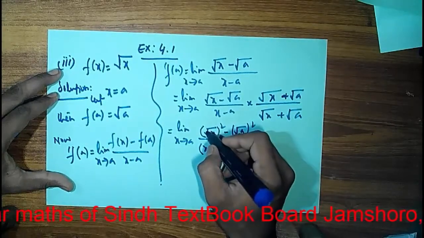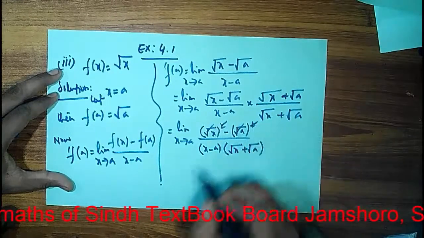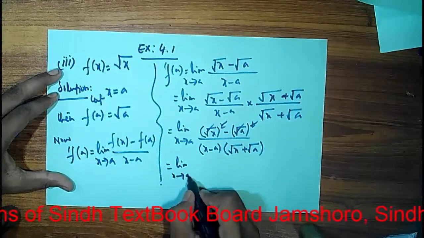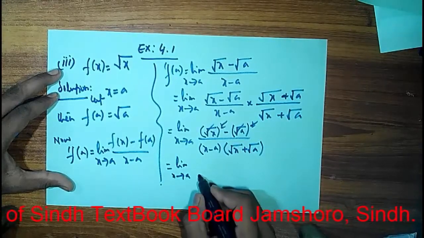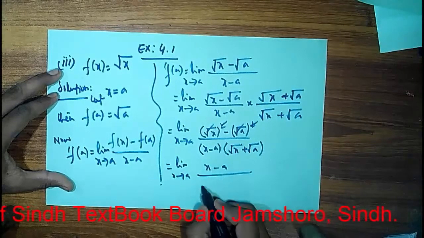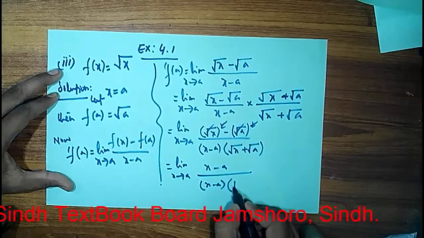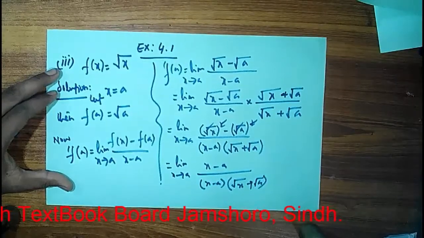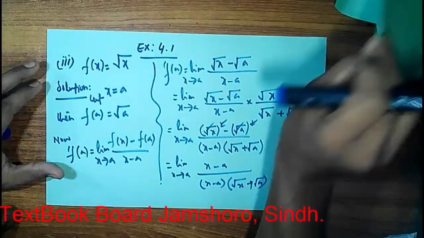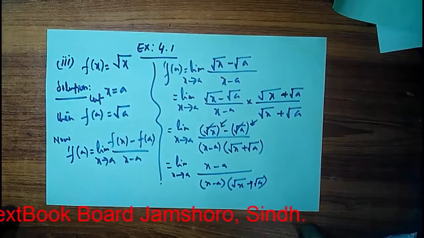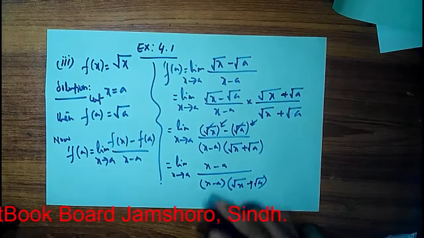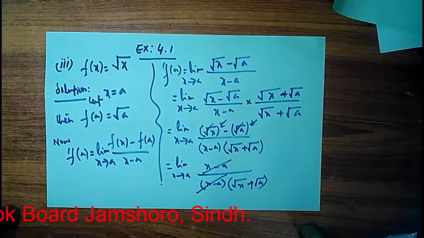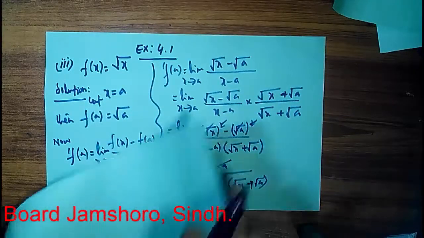Now this radical sign will cancel out by the square, so limit x tends to a, sorry, x minus a and x minus a upon under root x plus under root a. Now you can see here that these both terms are common, so you can cancel out. Now your remaining part of the question is